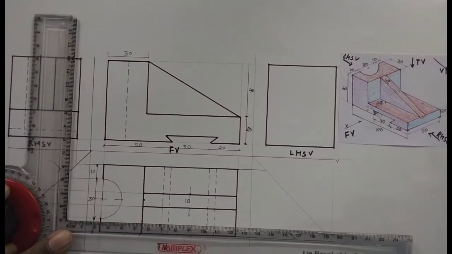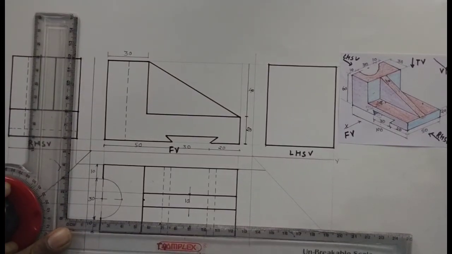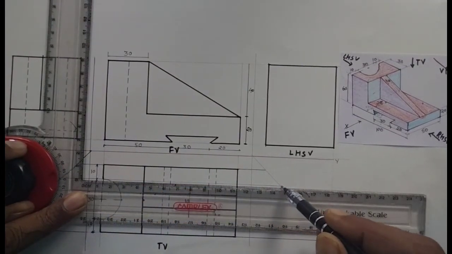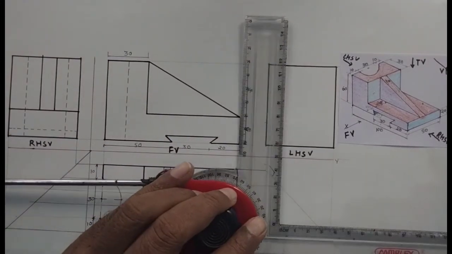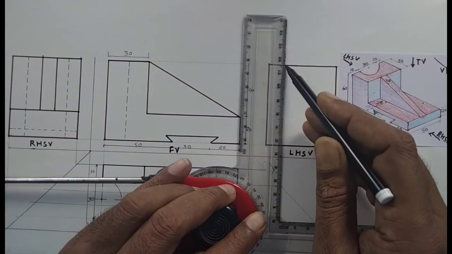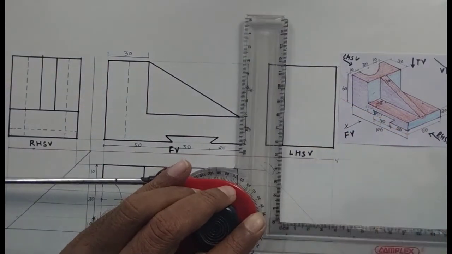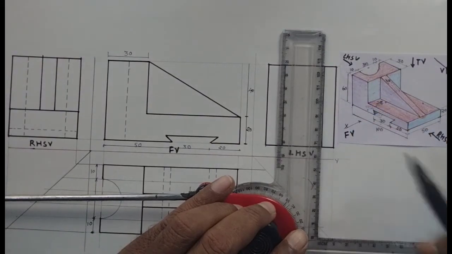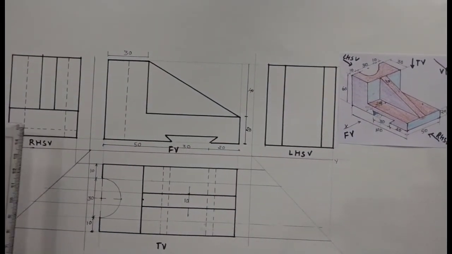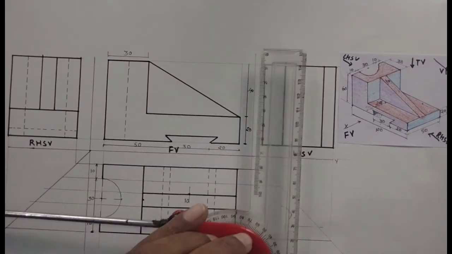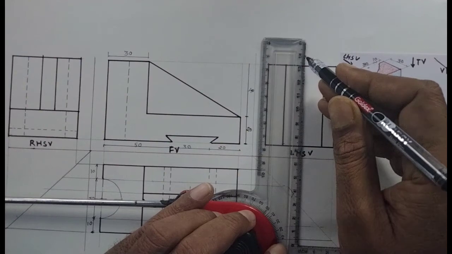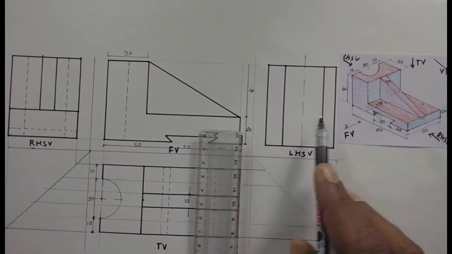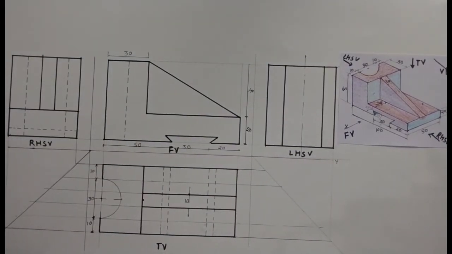For that, I take the projection line and move it vertically. It can be drawn dark, because from the left side the semicircular vertical hole is visible, and you can draw the vertical center line. So you can understand that this rectangle represents the vertical hole.